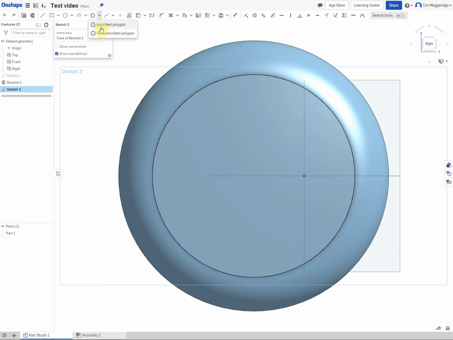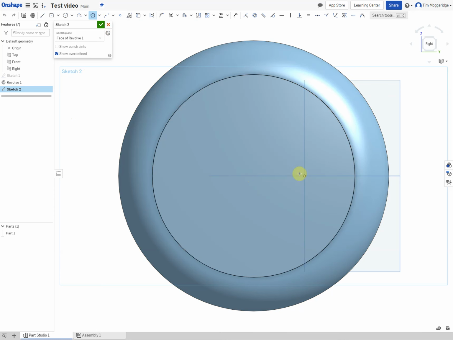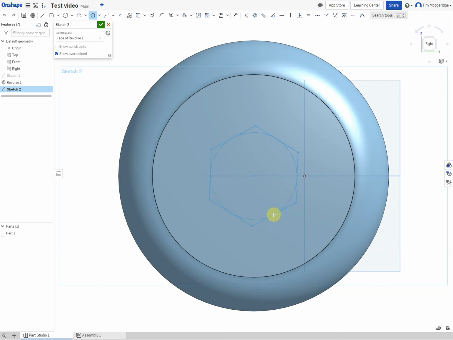Let's pick a shape. Let's go an inscribed polygon. So I'm going to bring that to the center of this. So we can see the origins over there from where we rotated this around. But if I select an arc or move towards the middle of a circle, it will allow me to pick up the center. And I'm just going to create the shape. And you can see that with this little number here, I can move the mouse in and out and change the number of sides, which I'm quite happy with. And I can also change the orientation if I want. But at the moment, all I want to do is just draw that shape